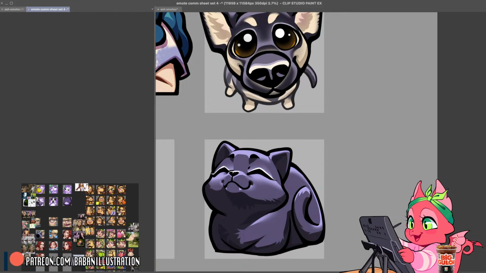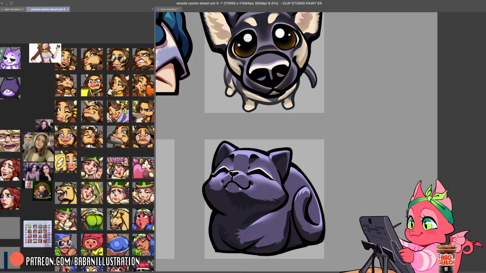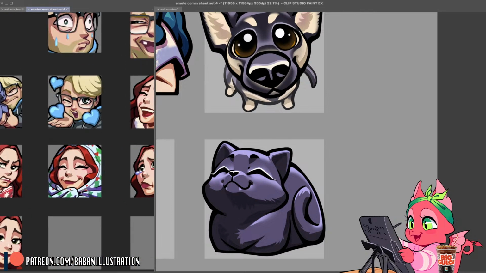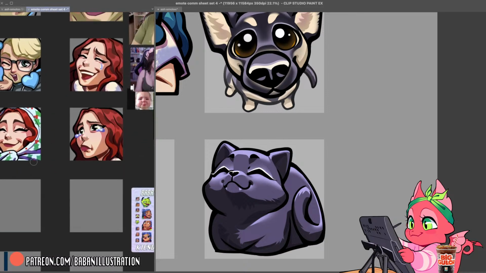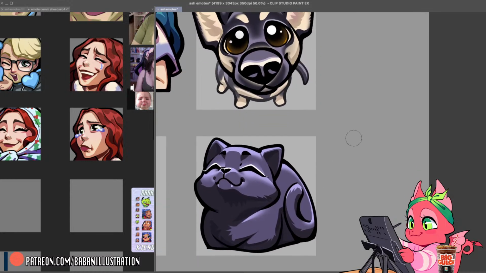Did I have any more on here? There was somewhere. I've got a couple of horses. I don't know how helpful they are. They're not really as expressive. I guess you can warp stuff as well and try to get it to fit better. You can lean into drawing something in a way that doesn't make sense in 3D so that you can exaggerate the expression.